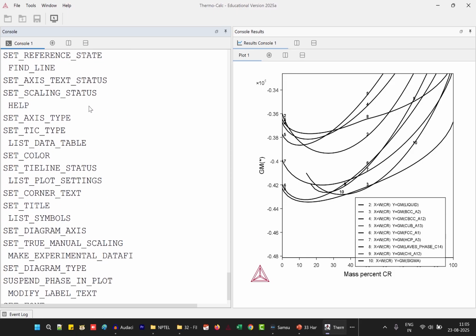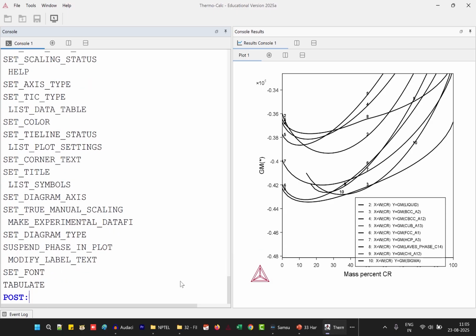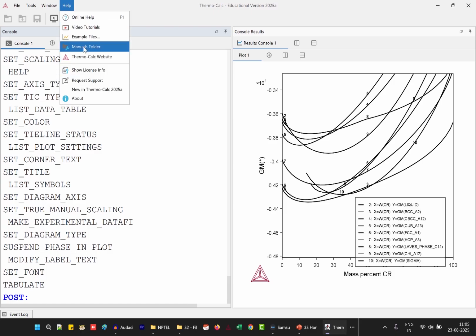You can select if you want colored lines, or let's say you want dotted lines for something, dashed lines for something, and still keep everything in grayscale, let's say black and white without any colors. You can do that. All options are there. And there is something called data plot user guide. If you go to the help manuals folder in Thermo-Calc, you can see that these manual folders are there in your local computer. You can open it and see data plot user guide, and that will have guidance for all these different changes that you can do in the console mode post module.